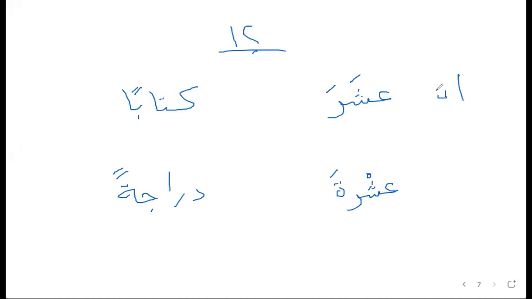So you will say ithna ashara kitaban. You will also say ithnata ashrata darajatan. You think that's it? That's not it. That's the easy part. But what happens if you say nadartu ila? You use harful jar. Yeah? Or you want to say ishtaraytu,